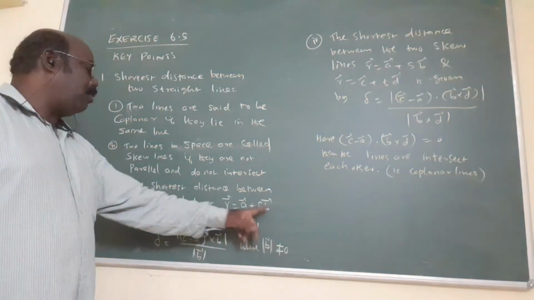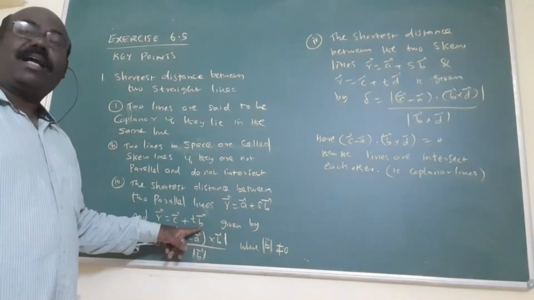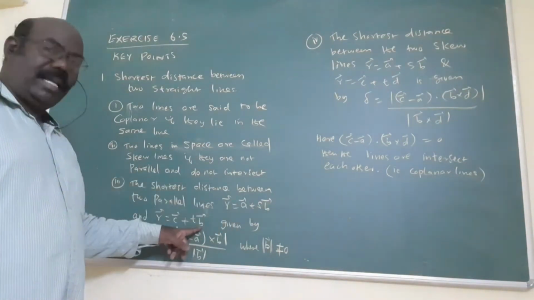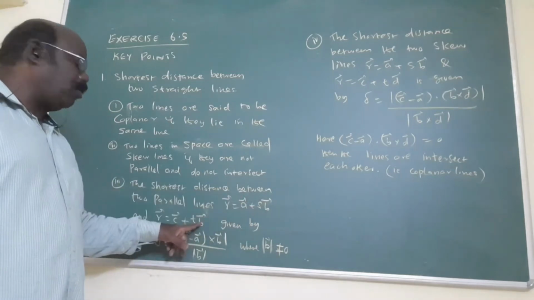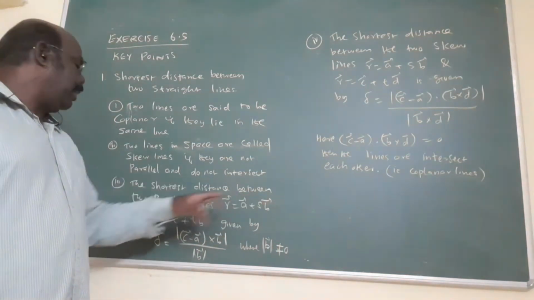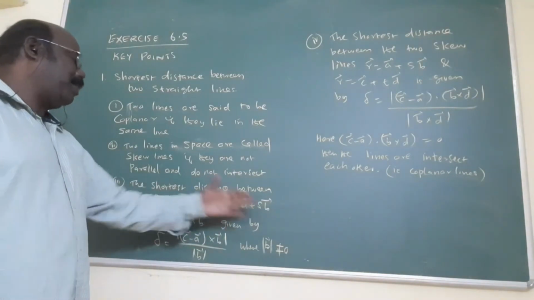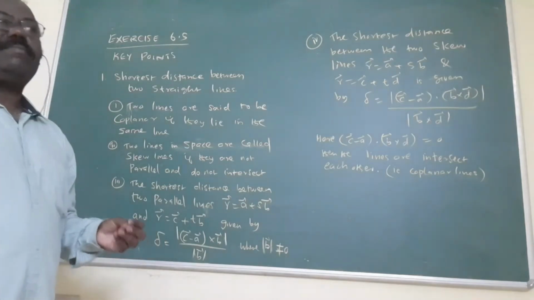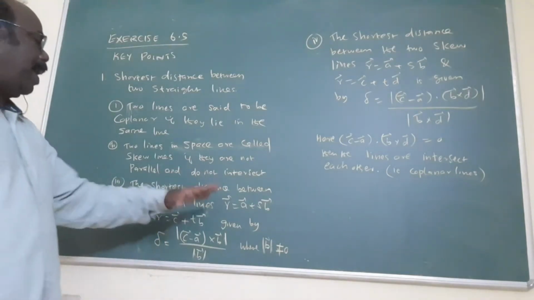Sometimes this vector is some scalar multiplied by another vector, which is also a parallel vector. Am I right? The same thing will come otherwise. This vector equals some scalar multiplied by another vector, so b and d. Suppose d is involved, some other vector. But comparing both, this vector equals some scalar multiplied by another vector, so they are also parallel.